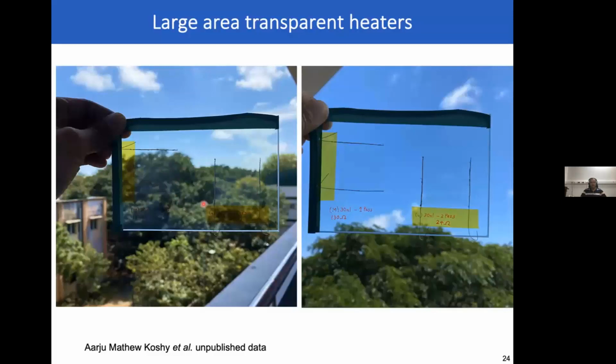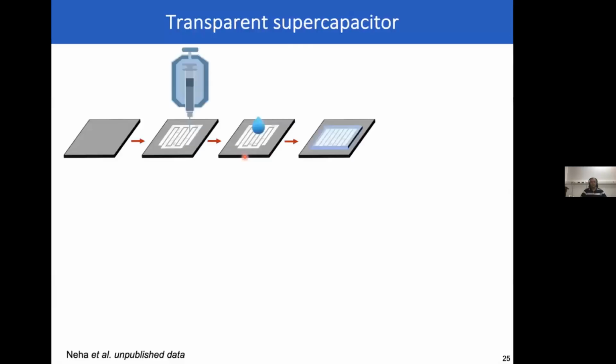These have some applications in the automotive industry, especially because you want to use these heaters as defoggers in the windows of automobiles. So there is some interest in seeing if we can scale this up to get a uniform pattern over at least tens of centimeters and see if they can then be used for these applications. So this is something that we are working on, and there are some challenges to printing uniform layers over large areas, which we are trying to solve. So that was an example of a heater.